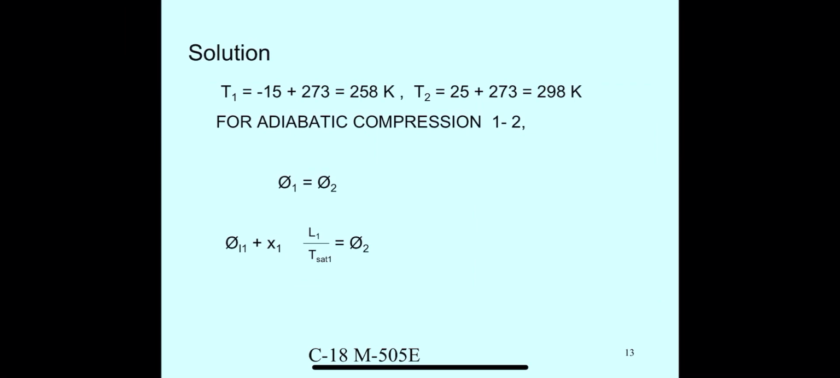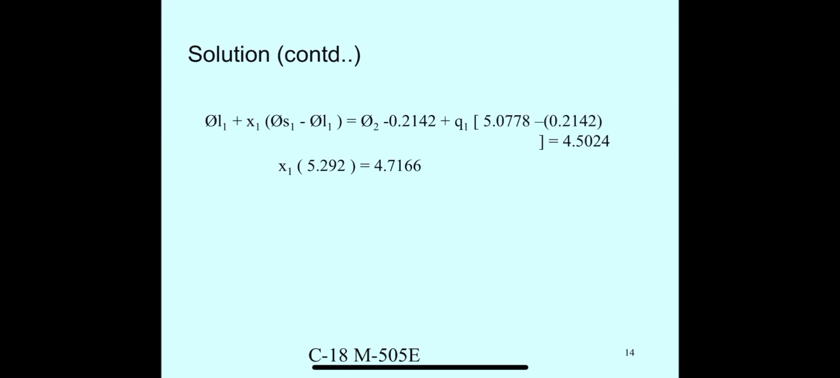That is for the adiabatic compression. So 1 to 2 is the adiabatic compression. So S1 equal to S2, entropy is constant. So s_f1 plus x1 l1 by T1 superheated is equal to S2. From this we can get the X2 value as 0.89. Substitute all the values here, we will get the